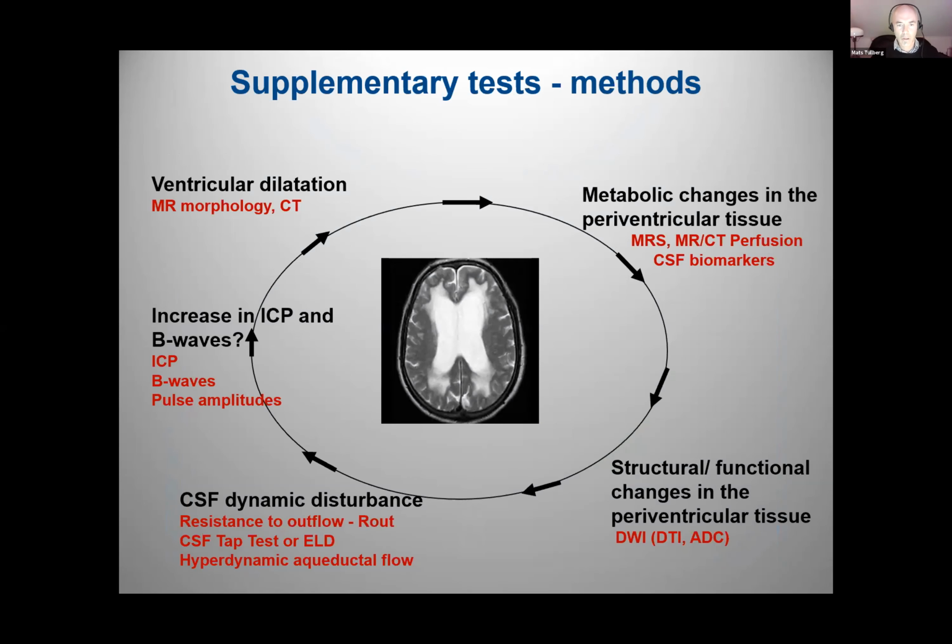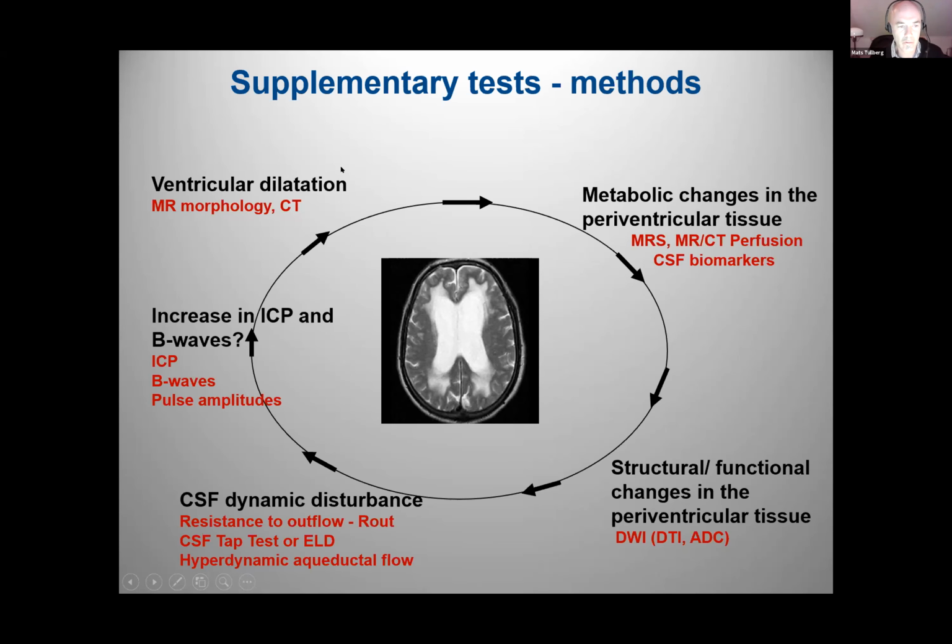Well, I've talked a lot about the clinical part and the MRI here, but what about the supplementary tests? There have been a large number of tests proposed during the history, and here are some of the most important types or methods on this image. I will focus on these 2